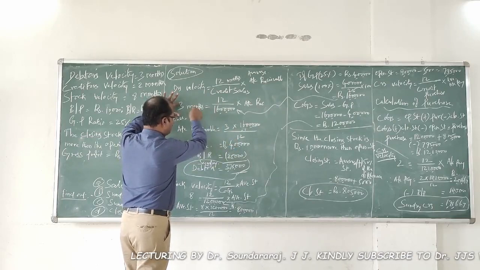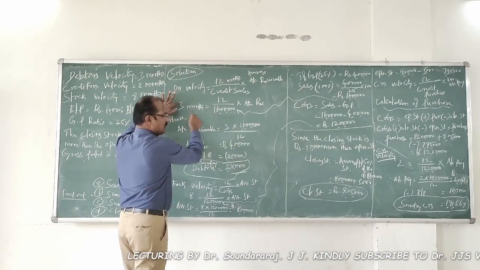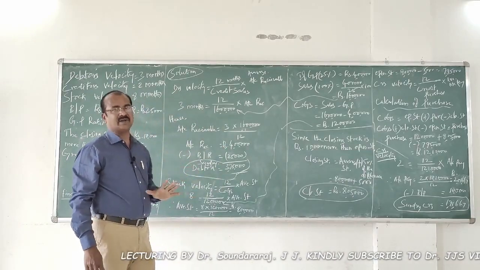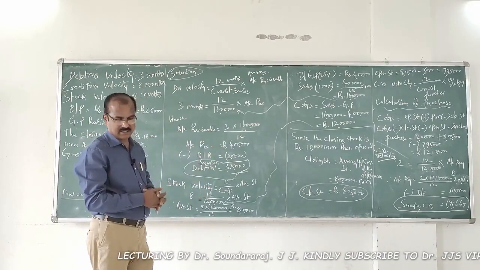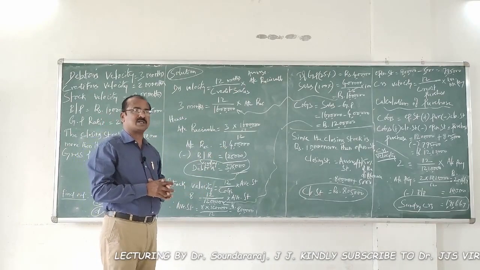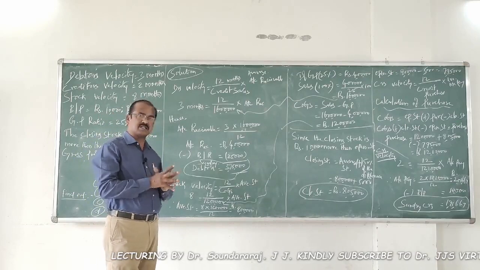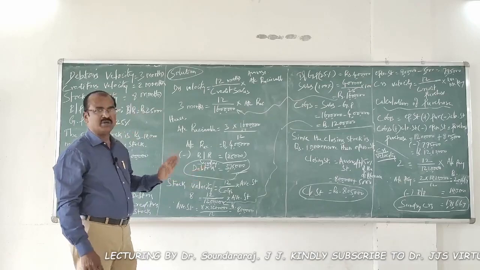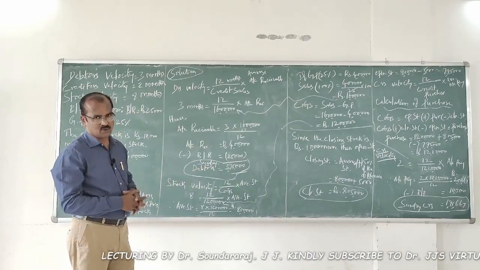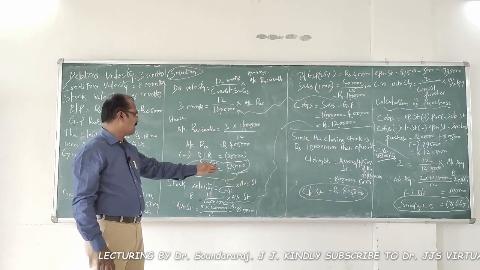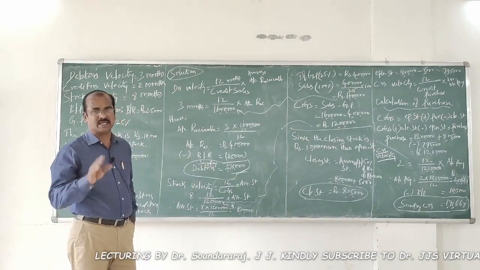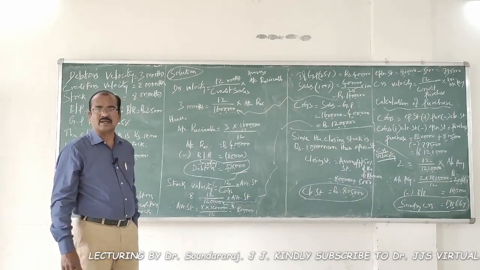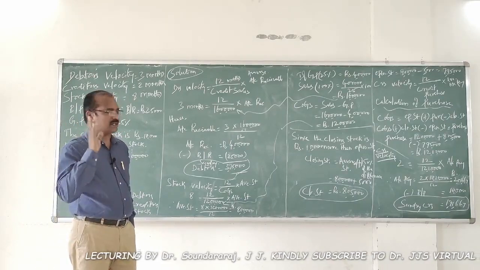So 3 into 16 lakhs, the 12 will come down here. So accounts receivable is equal to 3 times 16 lakhs divided by 12. The answer is 4 lakhs. So the closing accounts receivable of this business for this particular year is 4 lakhs. From that amount, let us subtract bills receivable, which is amount of 25,000 rupees given in the problem. Therefore, the balance 3,75,000 rupees is nothing but sundry debtors. So we have calculated answer for question number 1.